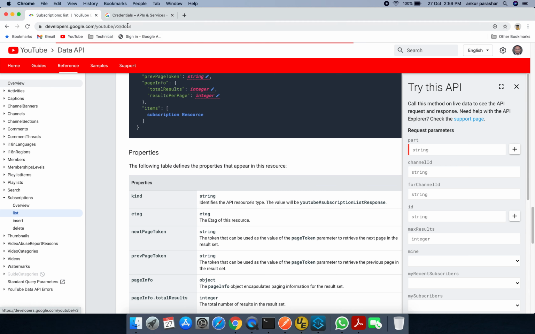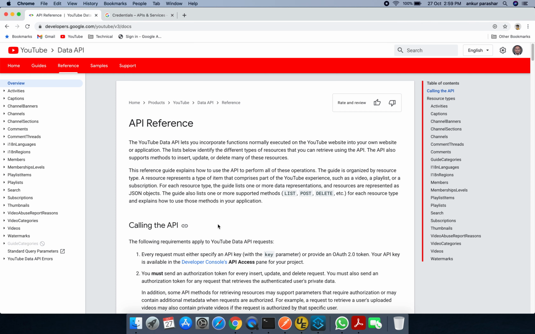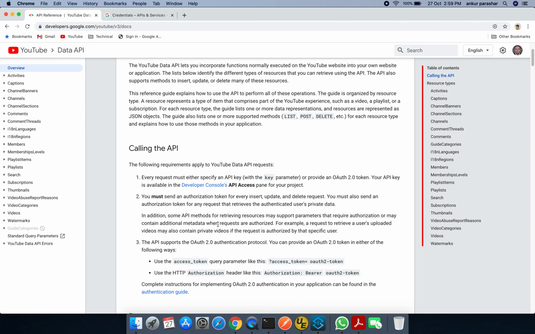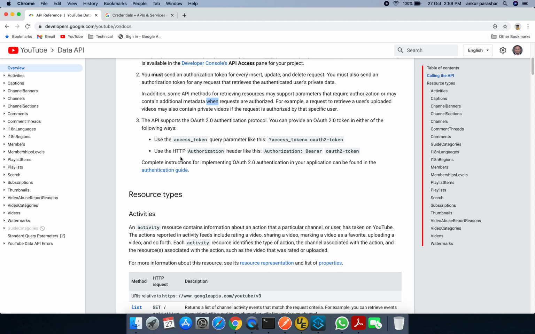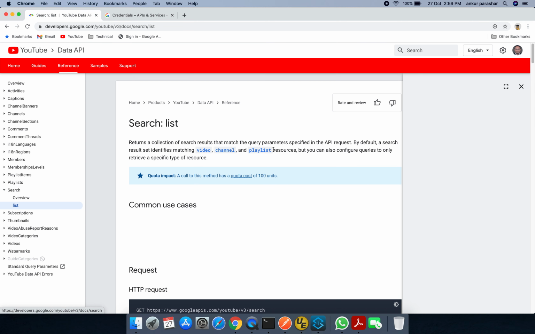You can of course go to these YouTube v3 docs, and they will give you a lot of insights, like how to play around with your API key or your OAuth 2.0 token. It also gives you the different capabilities which you can check here itself.